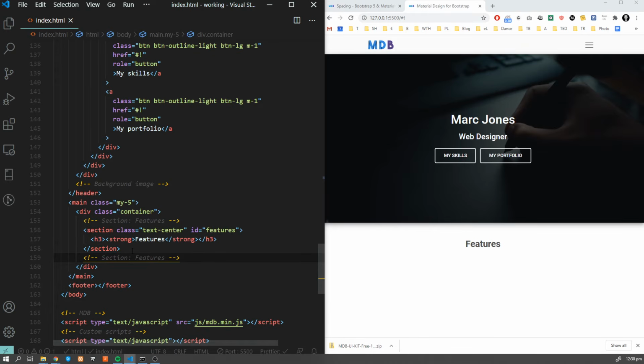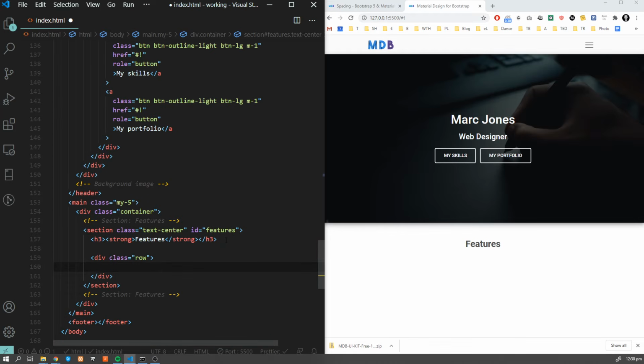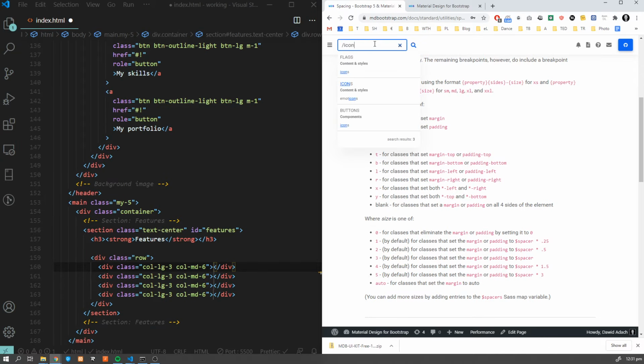So what we're gonna do, we're gonna add row, and inside that row we're gonna add columns. So I'm gonna add column with the size of 3 on the large screens, and we want to add column with the size of 6 on the medium screens, and we want to have 4 divs like this one. And I'm going to show you in a second why these values are here if you are not familiar with Bootstrap. So now let's get back to docs and let's get back to icons, some things you already know,